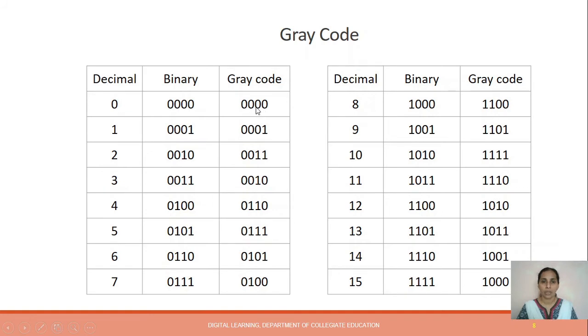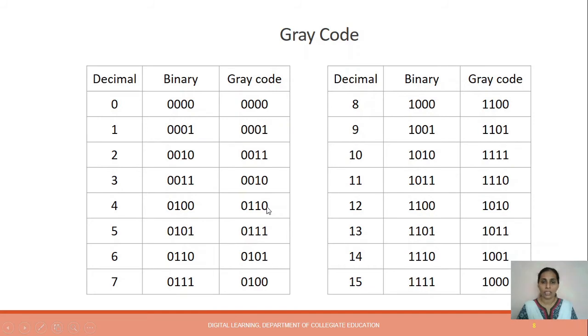See here, the two adjacent gray codes differ only by 1 bit. This is all zeros, and here only the last bit is changing. Here it is 0001, and this bit is the same, this bit is changed, and this bit is also the same. See, only one bit is changed here. And see the next two, this is the same, this is also the same, only the last bit is changing in these two. And for the next one, here 0 is the same, here there is a change, and these two are the same.